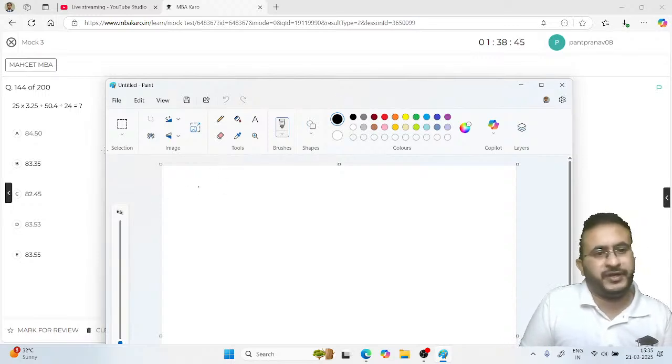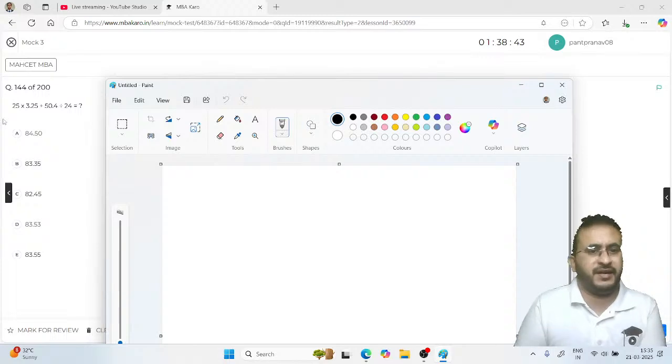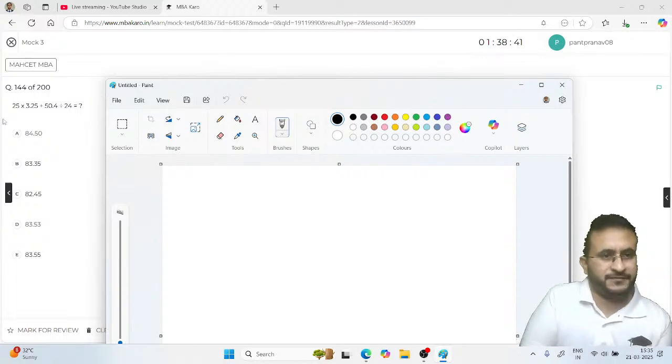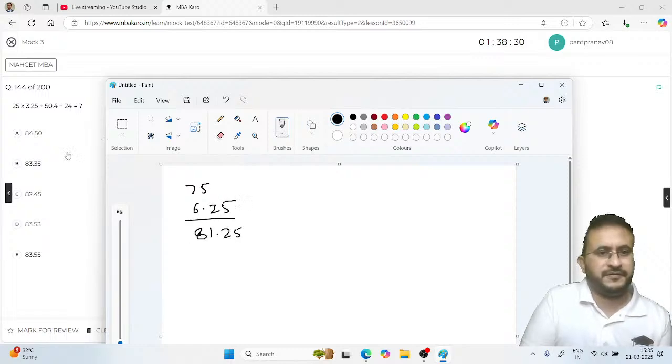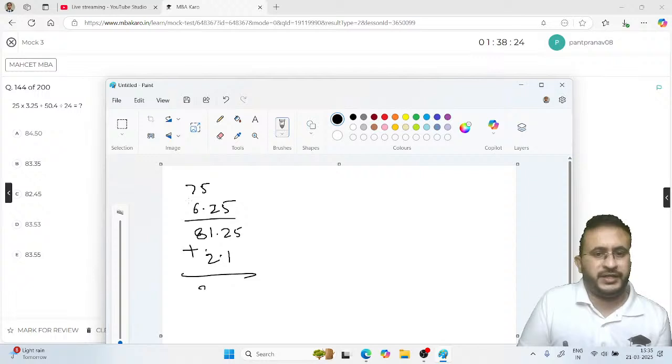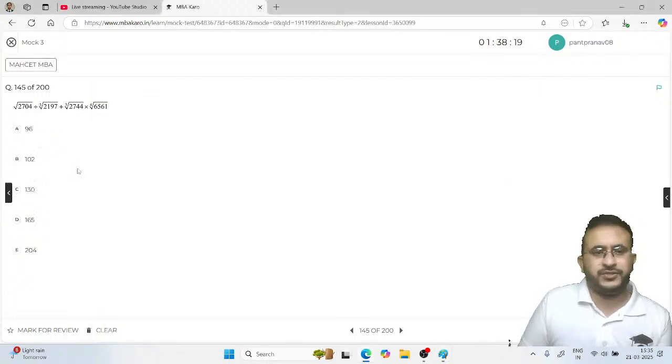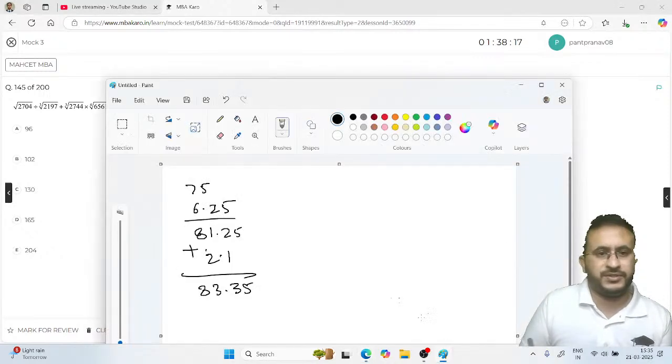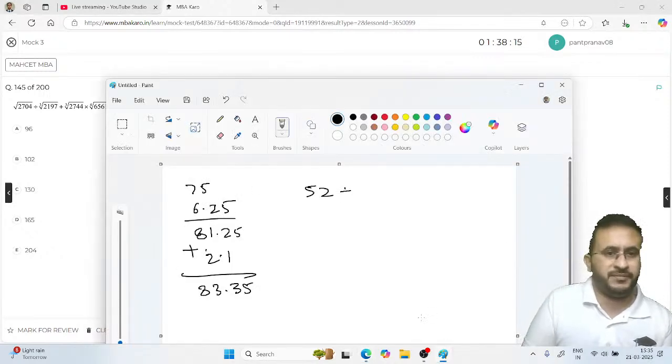25 into 3.25. So इसको 3 नहीं ले सकते. We'll have to take 3.25. Correct value we'll have to find out. So 25 into 3 is 75 and 6.25, that is 81.25, and 504 by 24 is 21, so 2.1. So 83.35. Now, if you are good with calculations, you must attempt these questions because generally easier than